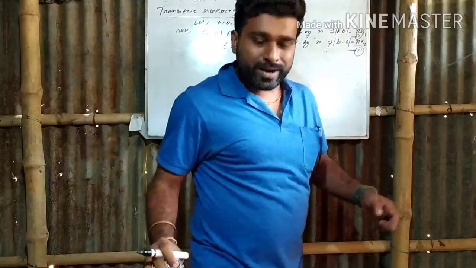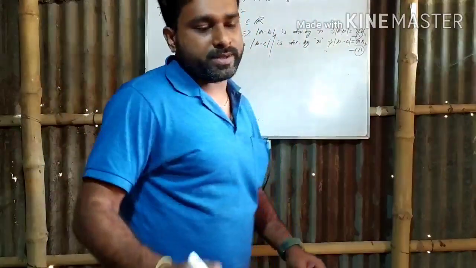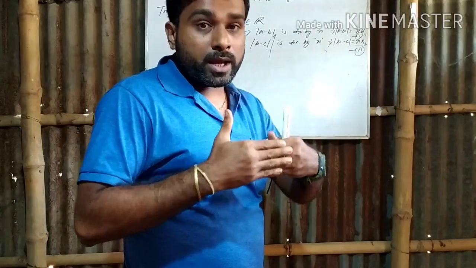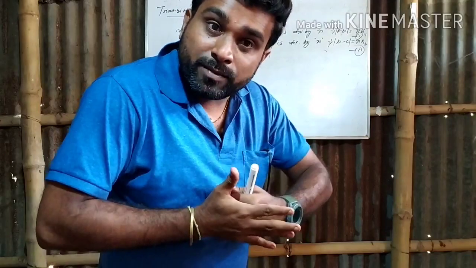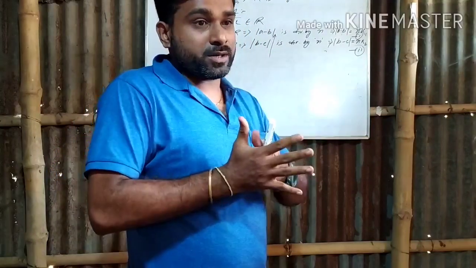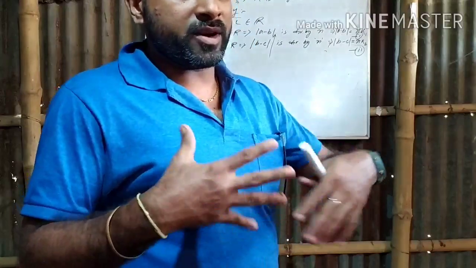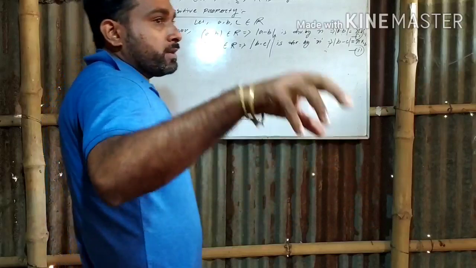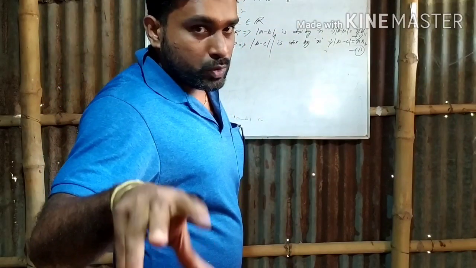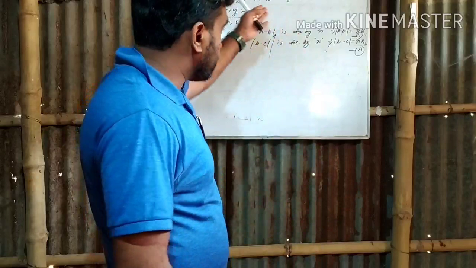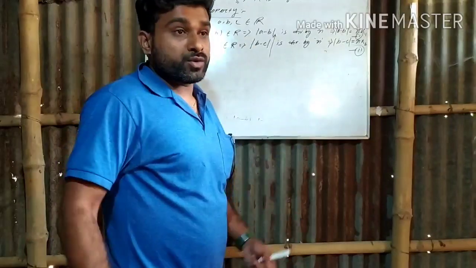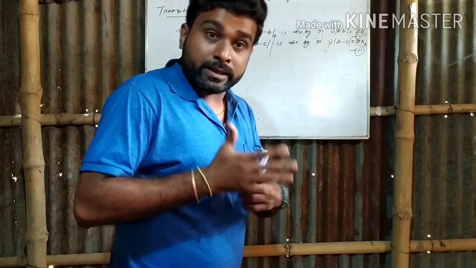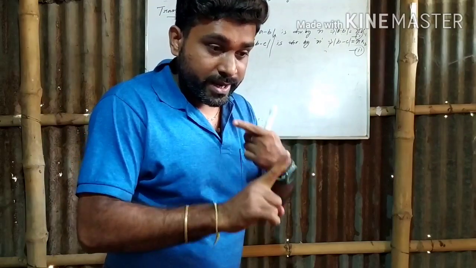We have to prove whether there is any relation between this A and C or not. If you want to construct the relation between A and C, then how can it be constructed? This construction can be clear to everyone when mod of A minus C is divisible by n, because it is the condition according to your question. If mod of A minus C is divisible by n, then you can construct a relation between A and C.